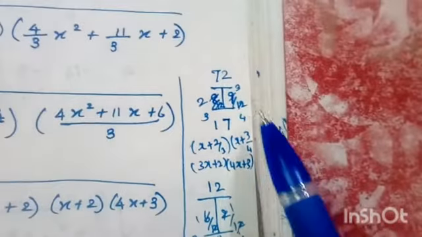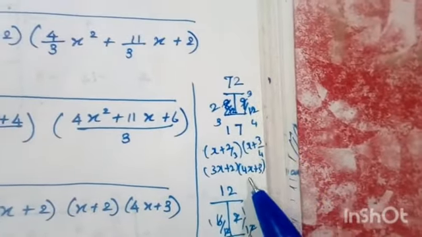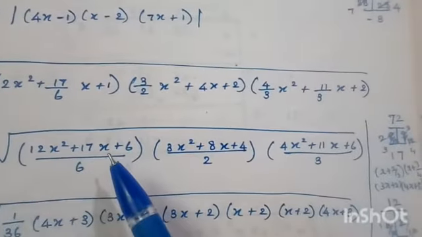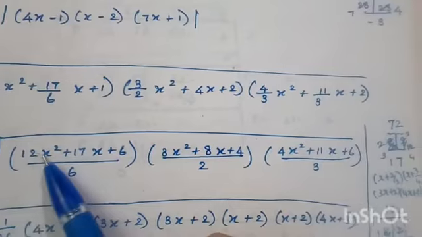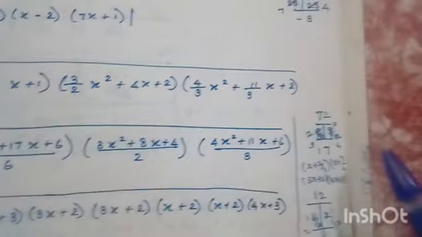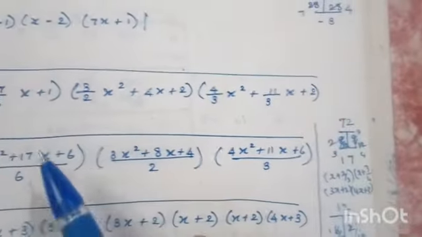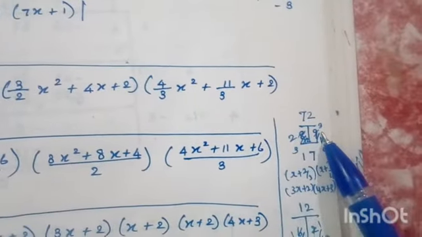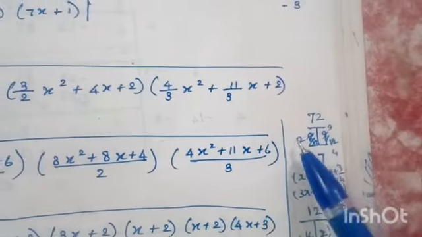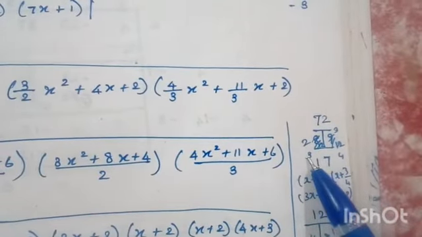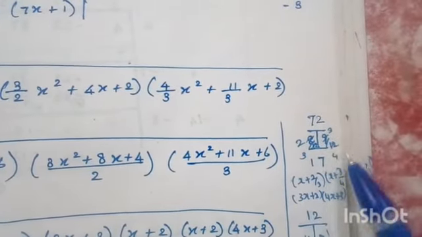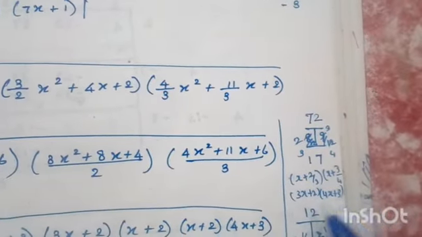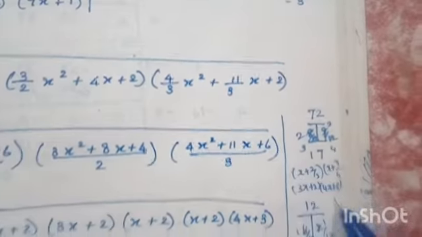Students, for the factorization, anybody who has a doubt, refer to this. Okay. For this, the first one is 12x square plus 17x plus 6. You have to multiply 12 and 6. That is 12 6s are 72. The adding value is 17. So the factors are 8 and 9. Then divided by 12. So fourth table, 2 4s are 8, 3 4s are 12. Here 3 table, 3 3s are 9, 4 3s are 12. So x plus 2 by 3, x plus 3 by 4. So that is 3x plus 2, 4x plus 3.